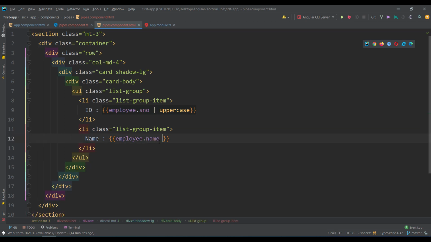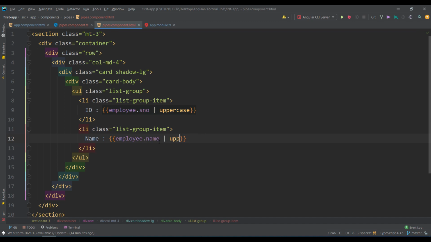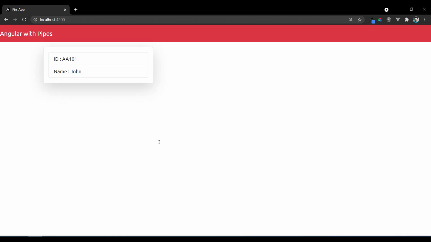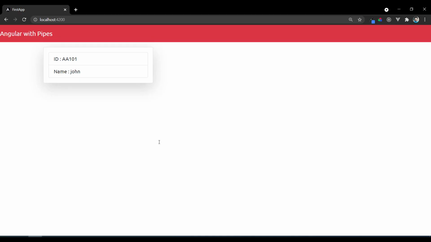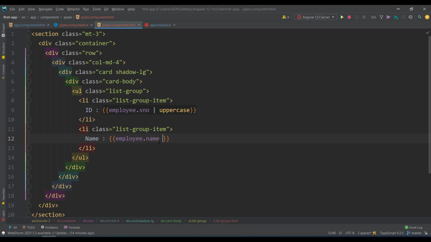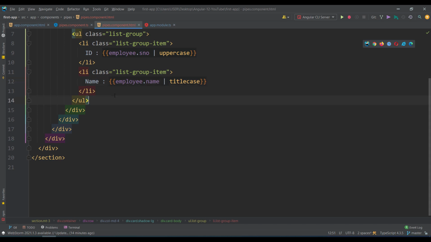You may write uppercase and it will become uppercase, or you say lowercase, though of course it's already lowercase. There is something called titlecase, so only the first character is capital and the remaining are all lowercase. For example, if you have a name that is all lowercase and I want only the J capitalized, you use titlecase. So automatically it's John. Okay, this is one format.